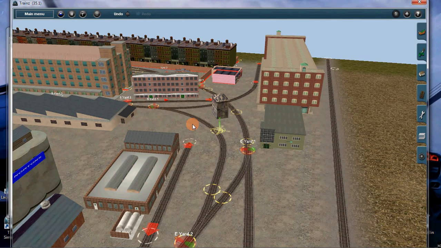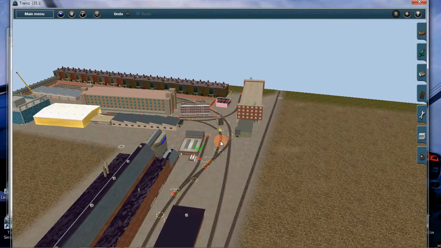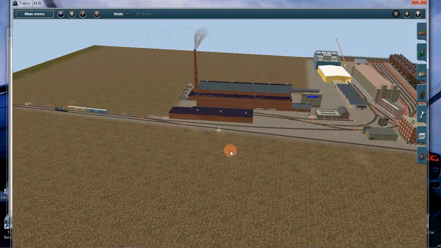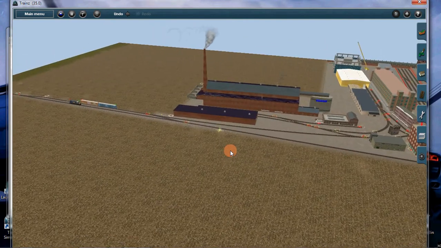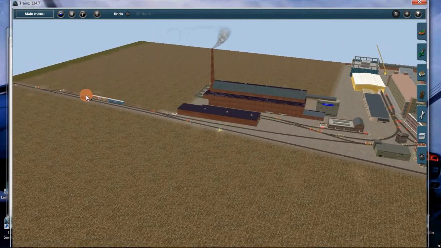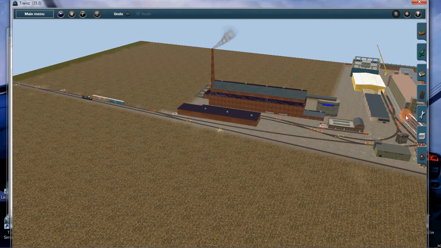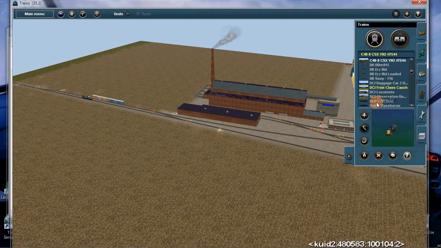I'm going to show how to have a car already at the industry, ready to be picked up at the session start. So the first thing you're going to want to do is go into the session, which we're back into our urban switching module, modified of course. We've already got the two cars on the ECS track and our locomotive, so we're not going to worry about that. We're going to go back to our train tab,